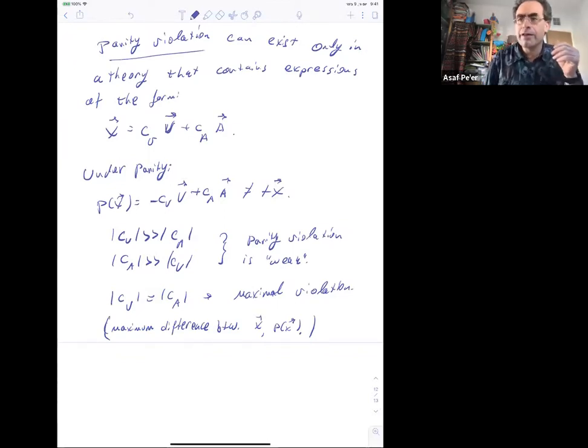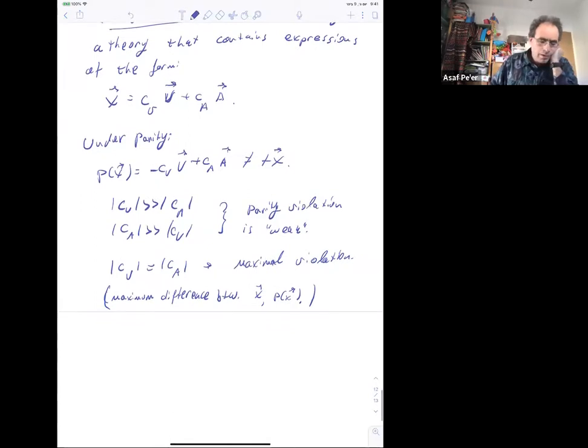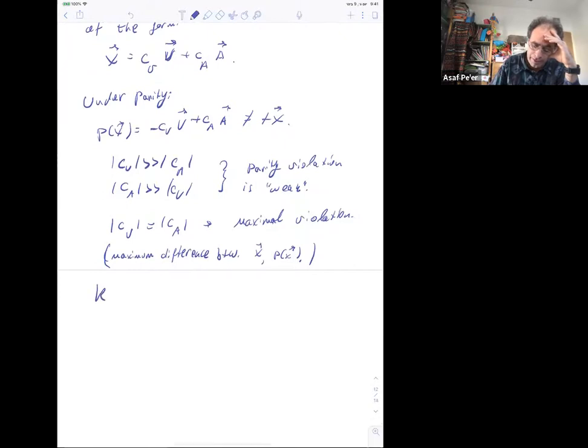Okay, so now let me tell you a story. If we go back to history, the first evidence of a possible parity violation, that means the first evidence that parity may not be a symmetry of nature, came with an experiment with the kaons. The kaons were discovered in 1947, one of those particles that came out from cosmic rays,